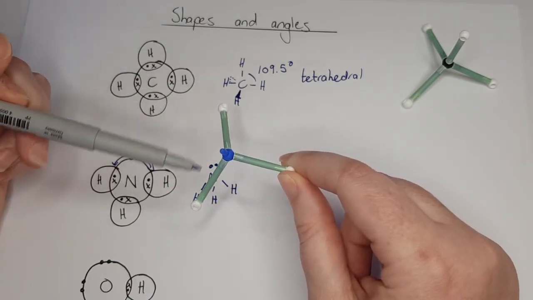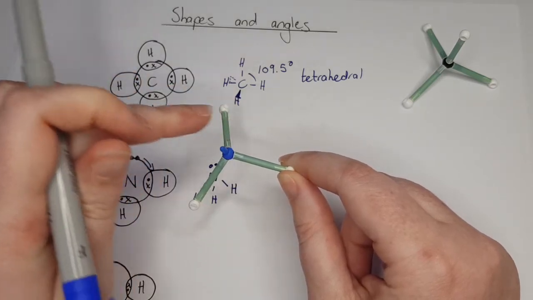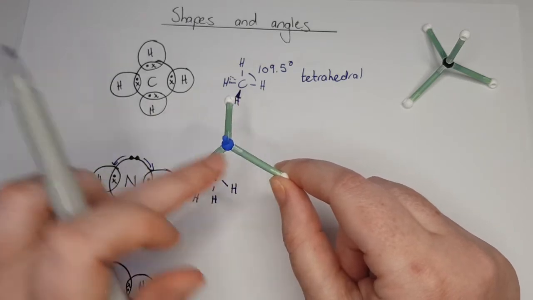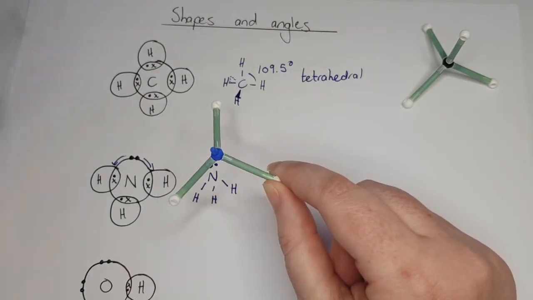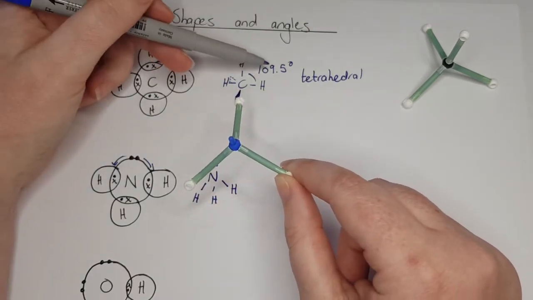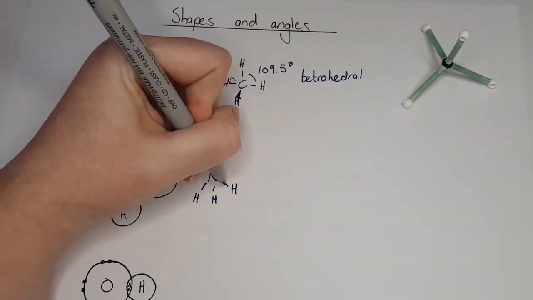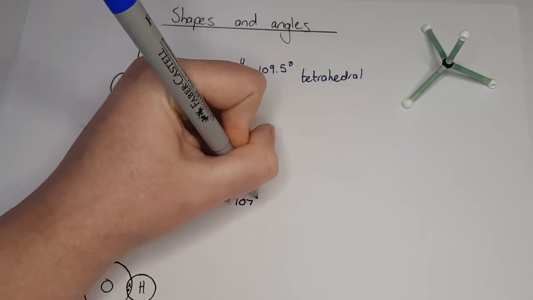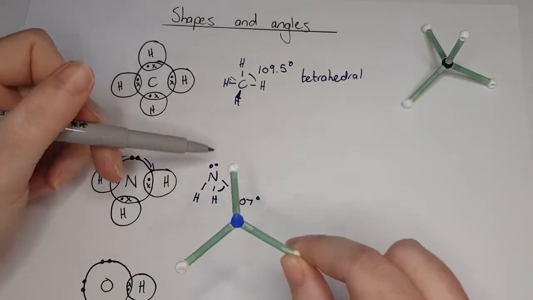So it's pushed all of them downwards because the lone pair is pushing them further away. So it means that the angle between them becomes closer. So where it was 109.5, now here it's only going to be 107 degrees because of the lone pair